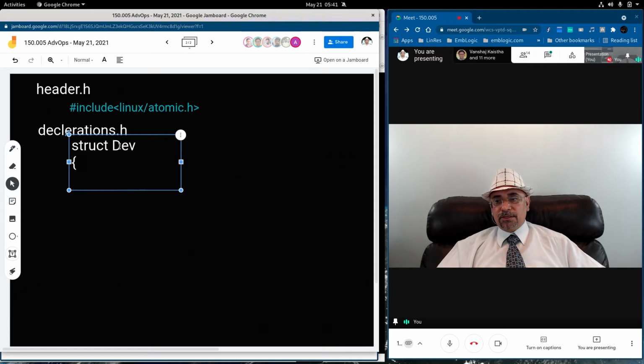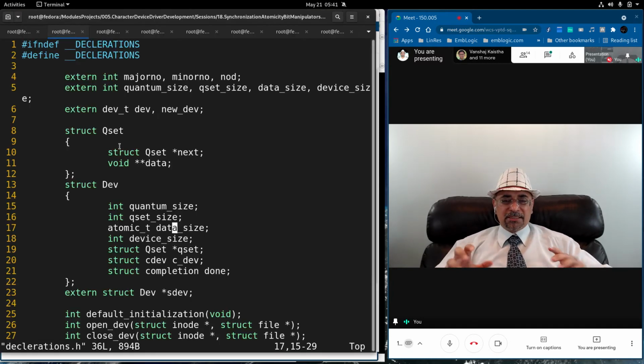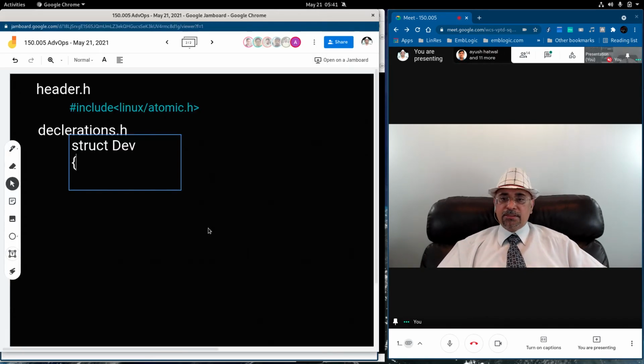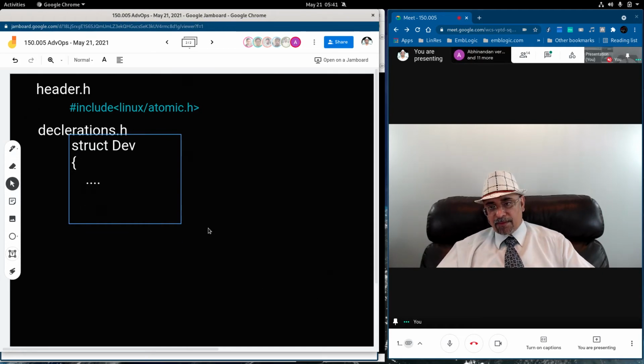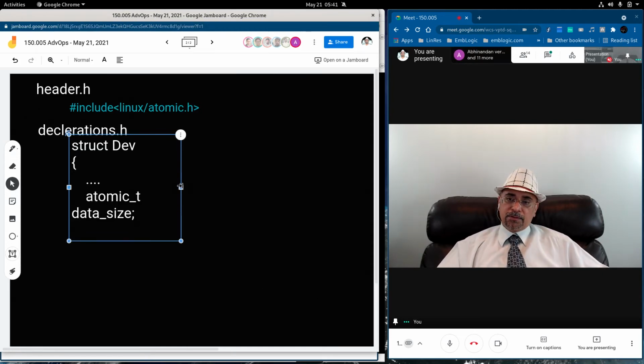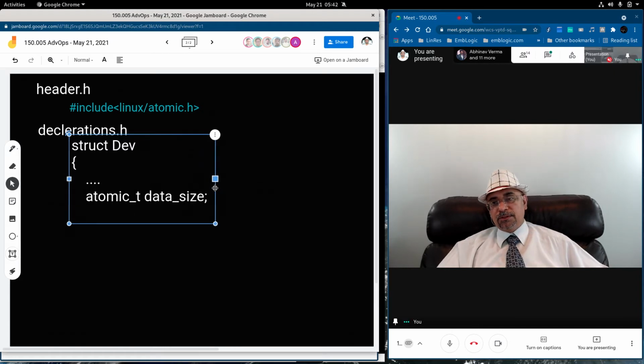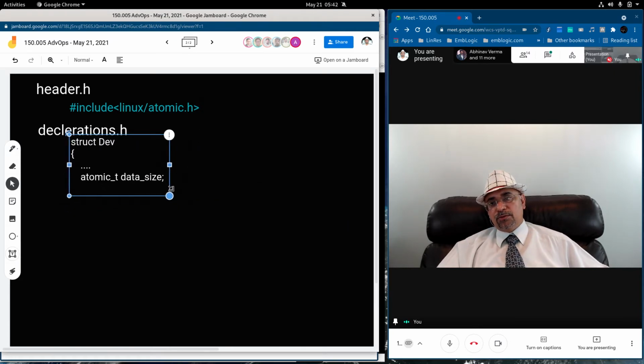So it is one of the shared variables, and it must be accessed in a very atomic manner. So I have chosen the data size to be made atomic for understanding inside your code.